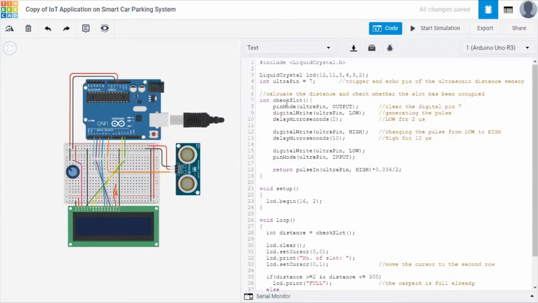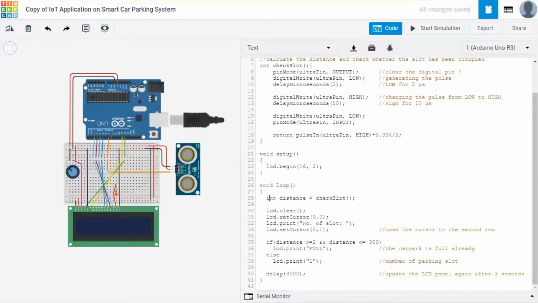In the function called check slot, we use this function to generate a pulse so that the sensor will keep on detecting whether there is a car occupying the parking space. And in the setup function, we define that there's a LCD panel will be used. And in the loop function,